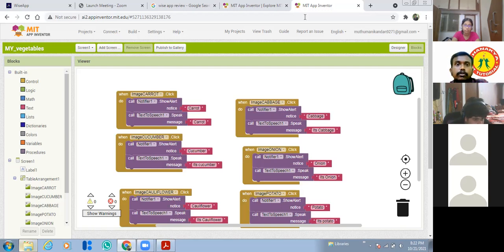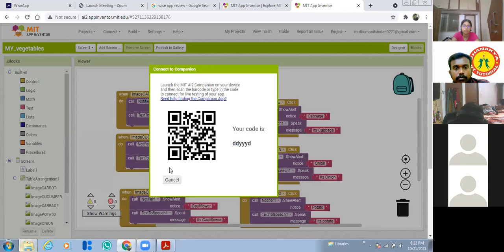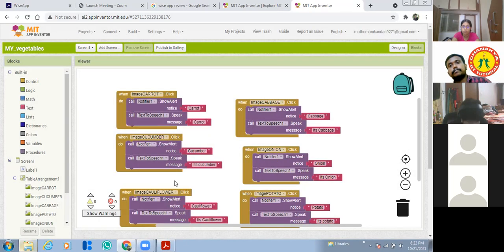Go to Google Play Store and install MIT AI2 Companion. Open that app and click scan QR code. Then go to connect and click this AI Companion. The QR code will be shown. You have to scan this QR code using your mobile. Okay, sir. Do it now.